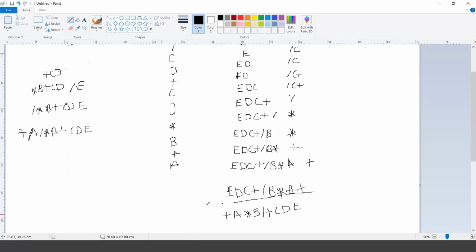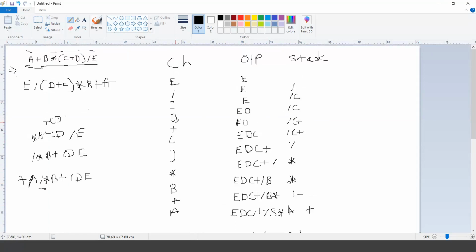So A plus, here there is one problem that is raising with my approach. I guess I am making some mistakes. Should I pop it out when there is an equal precedence? It's a left associativity. So while having a reverse string, I should pop it out in the prefix notation. Is anyone getting any error that I've made? Because I'm making the same error. The error might be because when we reverse it.